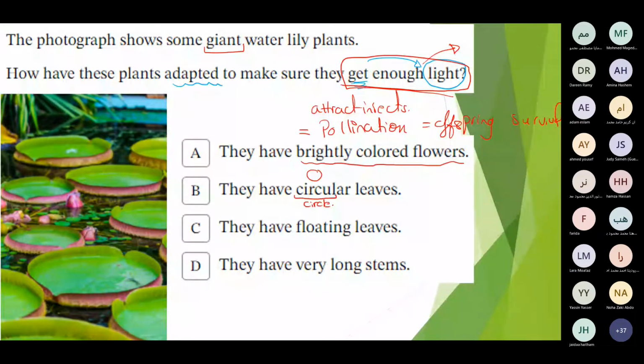طيب هي كونها انها circle كده يبقى هتخليها to get more light؟ No. طيب they have floating leaves. No. طيب شوف the last one, they have very long stems. Yes. طب where are the stems of this plant? It's underwater. طيب underwater how can they get a large amount of light؟